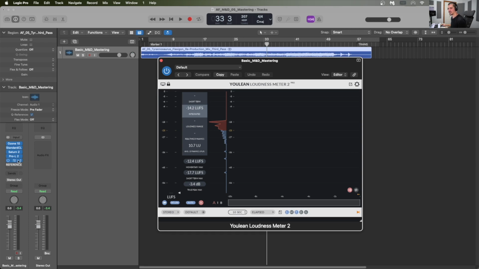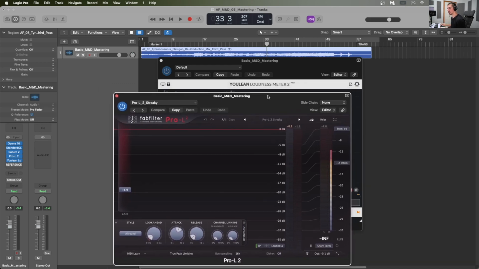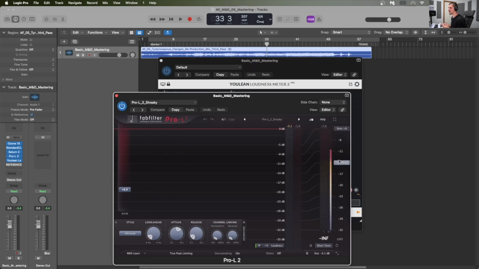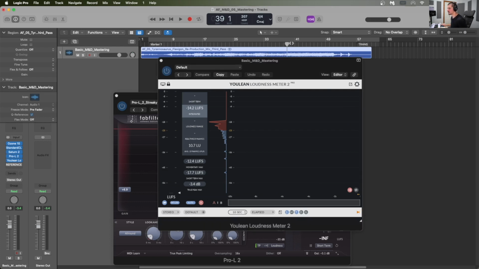For example, if I was utilizing this FabFilter Pro-L2 limiter, which I typically will do, and I wasn't using any oversampling, it could be the case that I would have intersample peaking, and then it may or may not show up in this plugin itself. So the Youlean loudness meter would let me know if the true peak max was actually over what would otherwise be expected of my limiting plugin. Of course, the Pro-L2 has fantastic metering on its own, but this is just a safe backup to give me some more information about what's going on. So if I was to play something back here,